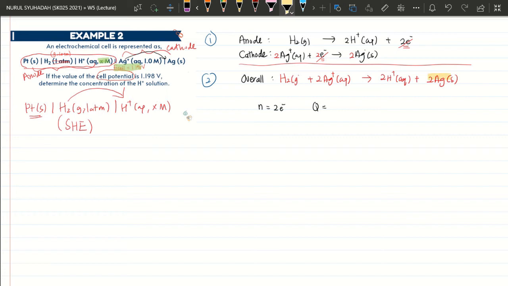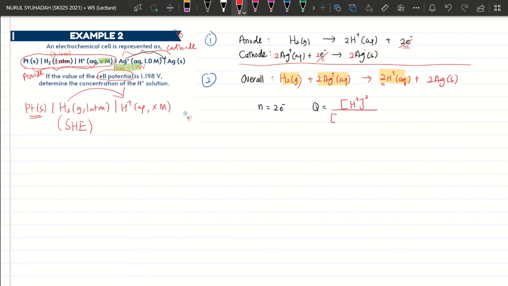So we have H+ aqueous, Ag+ aqueous, and also H2 gas over here. So your Q, the product is concentration of H+ to the power of 2, because you have 2 as coefficient over here, over